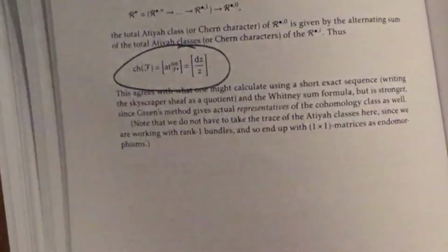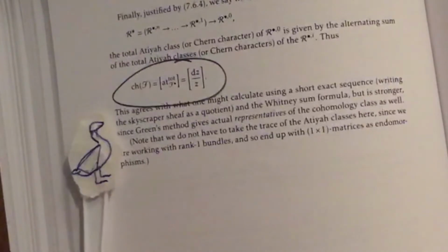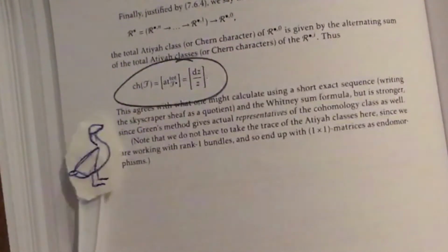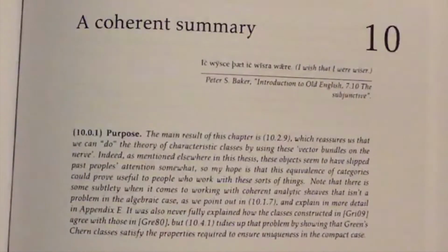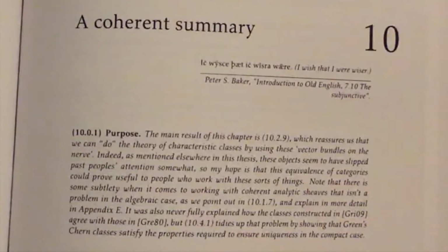whereas a calculation of the Chern class using, say, short exact sequences and the Whitney sum formula will only give you the cohomology class itself. So what's left to do? We've discussed Green's construction and shown how it fits into a more general, more abstract framework via admissible simplicial connections, potentially generated in degree 0. And we've also shown that it agrees with this manual lifting that you can do by equating coefficients of polynomial and cyclic permutative variables. What more could we hope for?